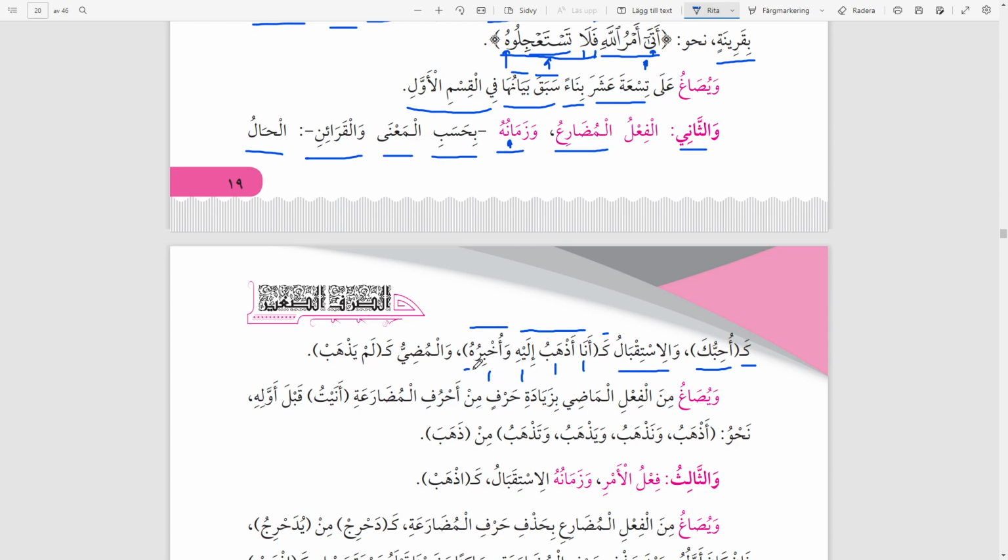So this kind of gives it away that this is future tense. I will go to him and inform him. I will go and inform him. والماضي, the past tense, like, and here is the قرينة, meaning the accompanying thing that gives away that it is actually past tense. لم يذهب, he did not go.